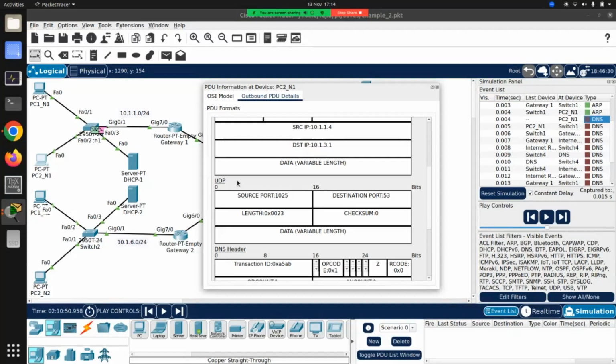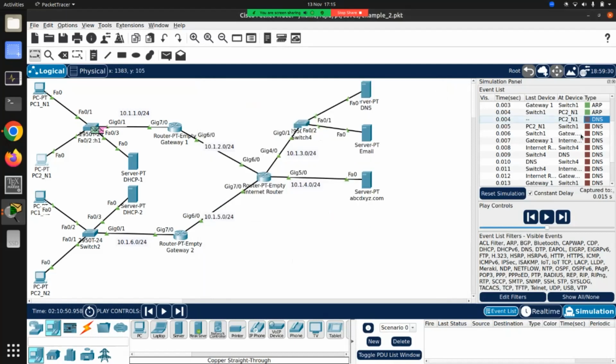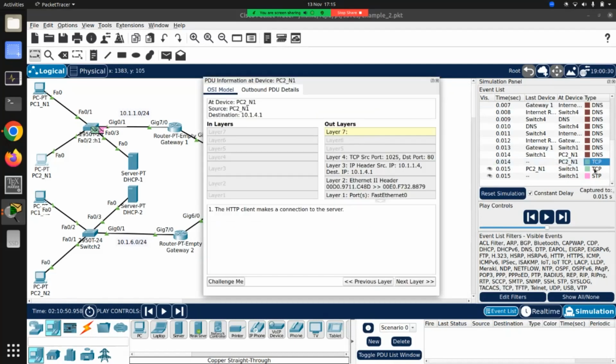If you are using file transfer or something, then those are very critical information. But DNS, even if it times out, you could again resend. It's a simple information you need. So DNS generally uses UDP. UDP does not have any acknowledgement or anything. Okay,